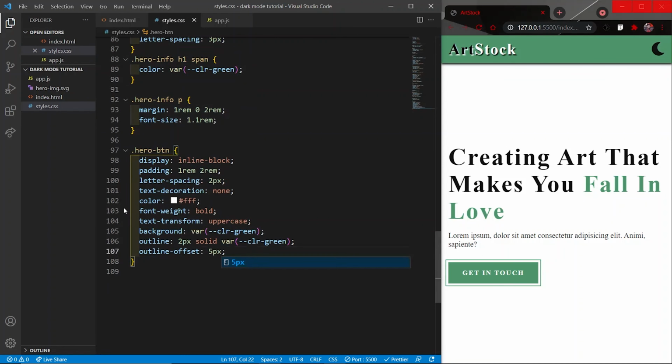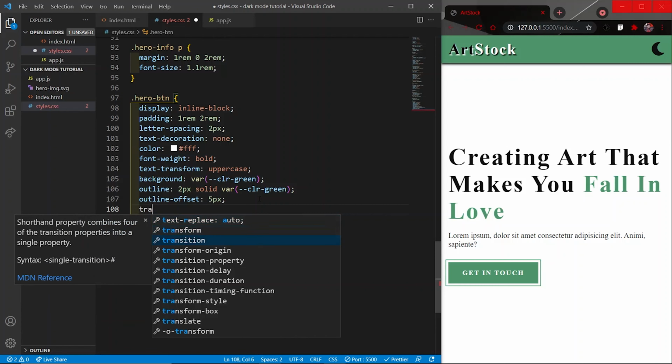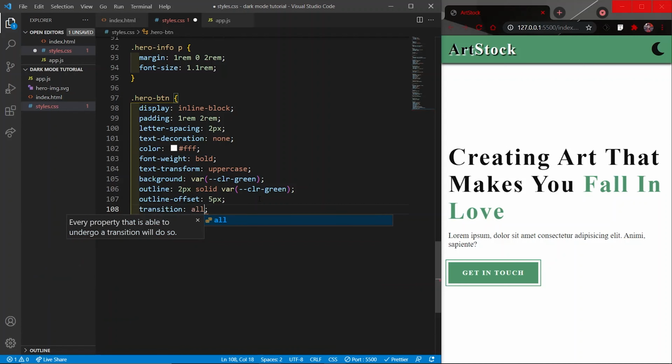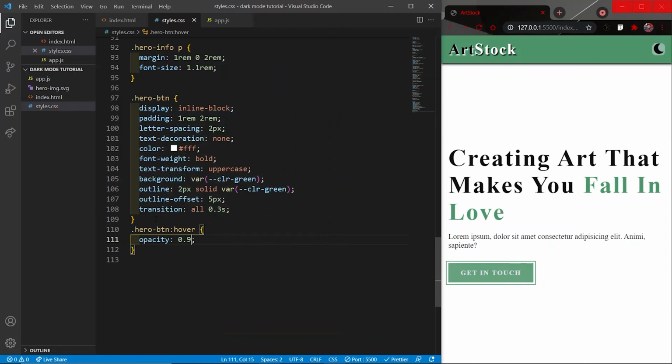So this is what we have. And then the last thing to do is to give it a transition of 3 seconds. Then when I hover into the button, the opacity will change to 0.9. So you see, this is what we have.